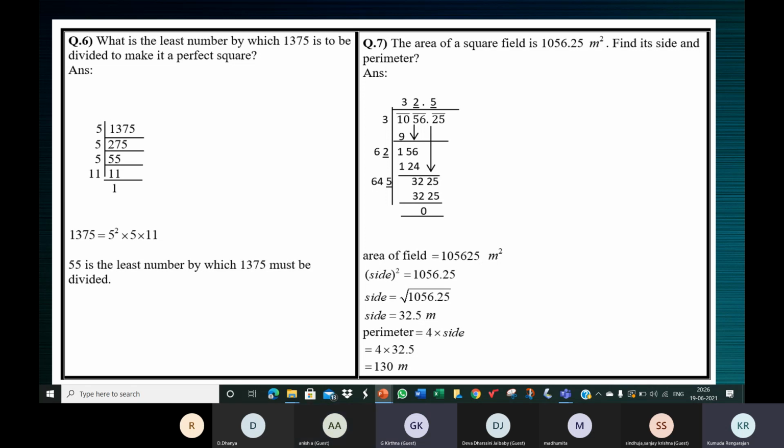Ma'am, can I say what I got? No, I'm just waiting for Anish's picture. One minute. Anish, just read out what you have in your book. I'm going to finish that prime factor, ma'am. Okay, since it's time, you just read out what you have in your book, or will you send it in a minute? Yes, ma'am, I'll send. Kirtana, just a second. Let me get the answer from him and then we'll discuss.